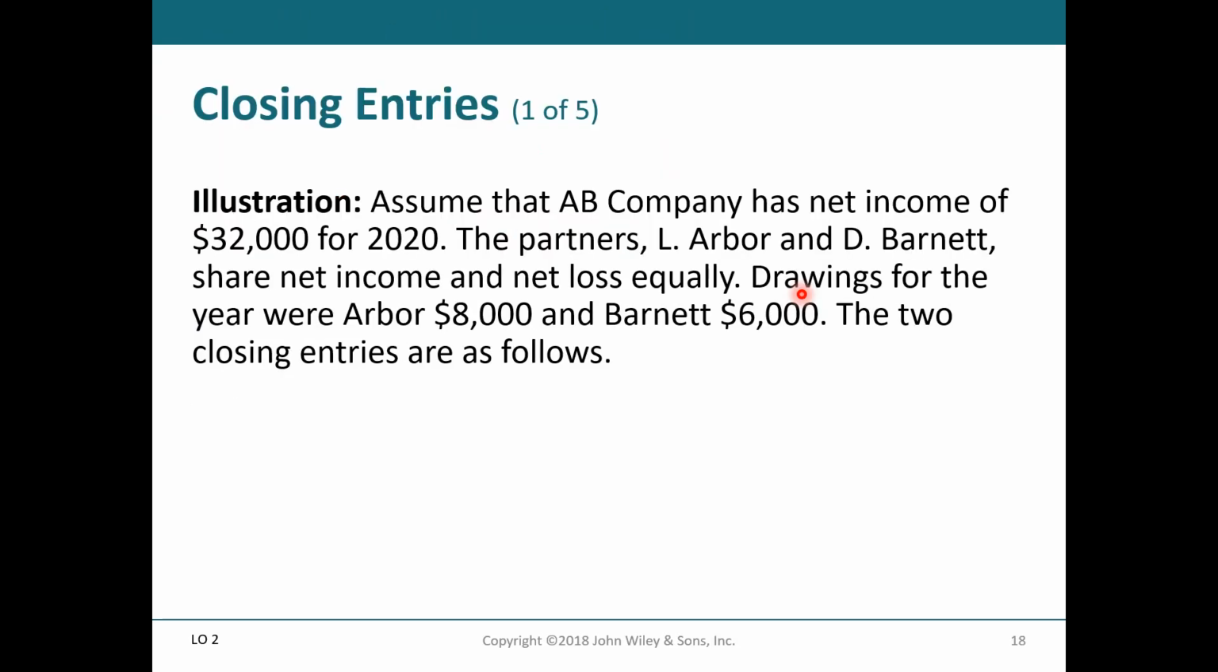Assume that AB company has net income of $32,000 for 2020. The partners Arbor and Barnett share net income and net loss equally. Drawing for the year were Arbor's $8,000 and Barnett's $6,000. The two closing entries are as follows. Here in this scenario, they're telling you, I guess based on the partnership agreement, they're 50-50 partners. And so they're both going to get 50% of the $32,000. And during the year, they both withdrew some money from the company. And so